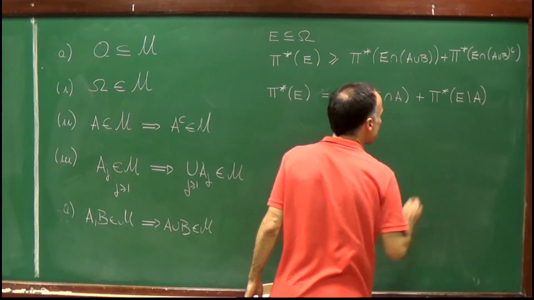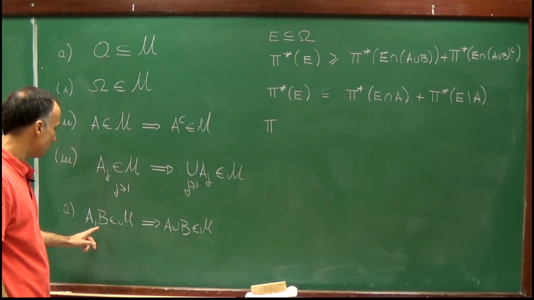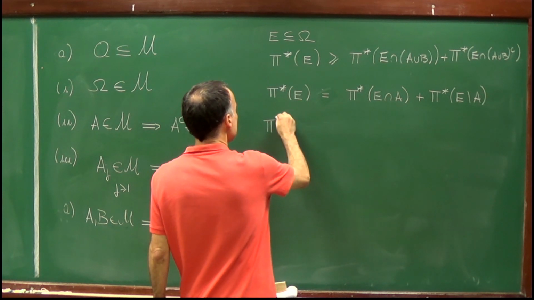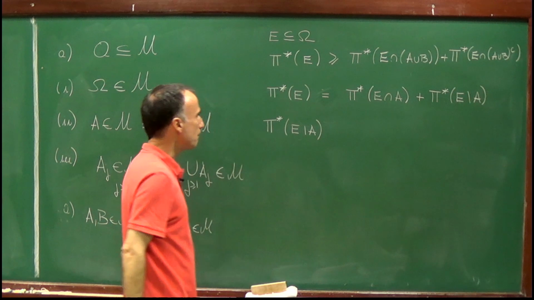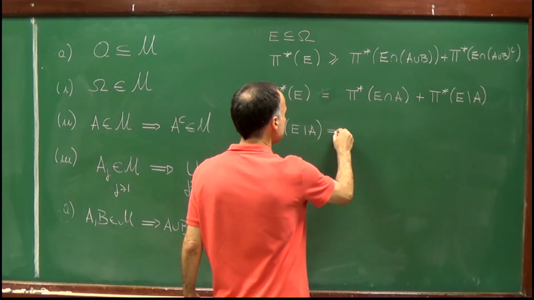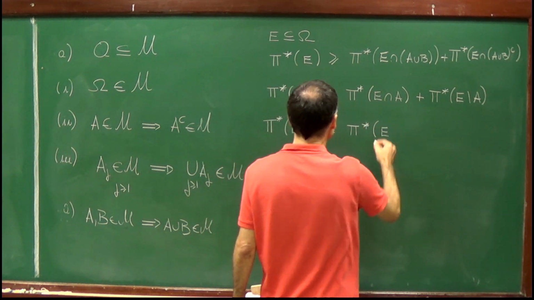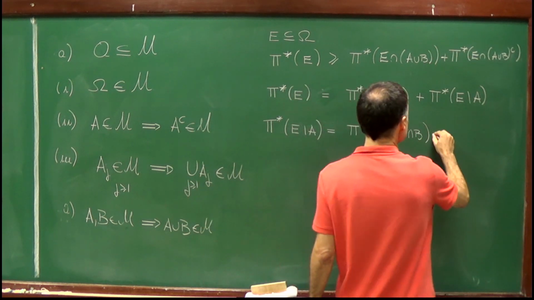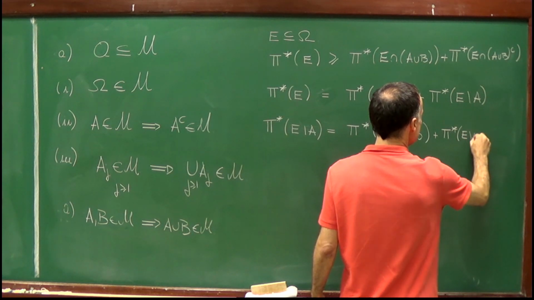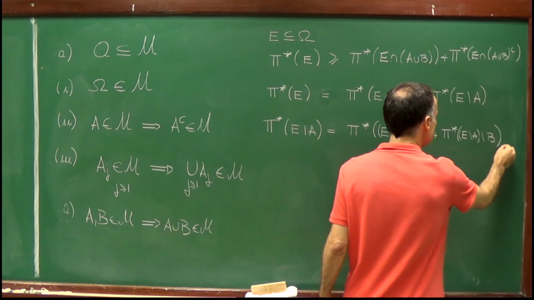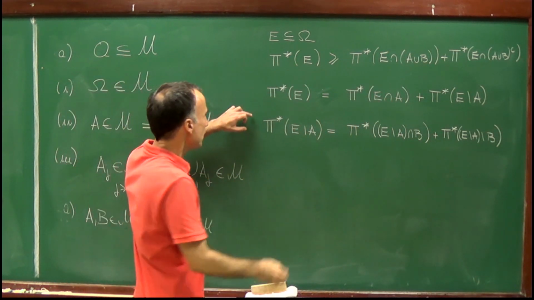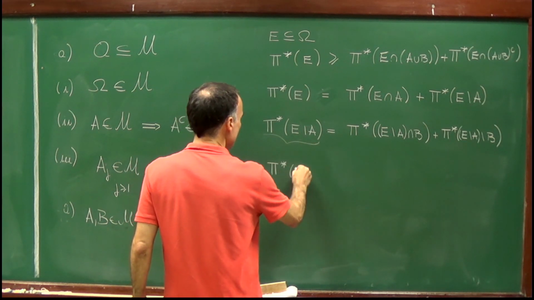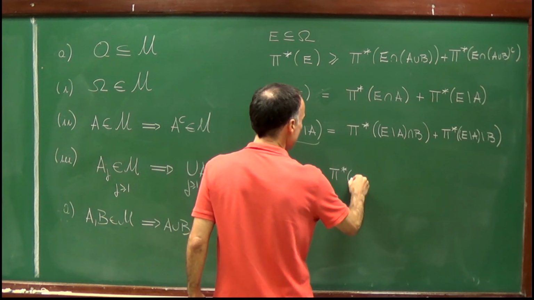Now let's use the fact that B belongs to M, and as a test set I will use E minus A. So P star of E minus A, since B belongs to M, is equal to P star of E minus A intersection B plus P star of E minus A intersection B complement, which is minus B. Well, now I can replace P star of E minus A in this identity to get that P star of E is equal to P star of E intersection A plus